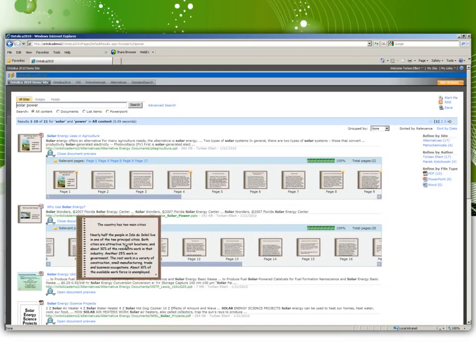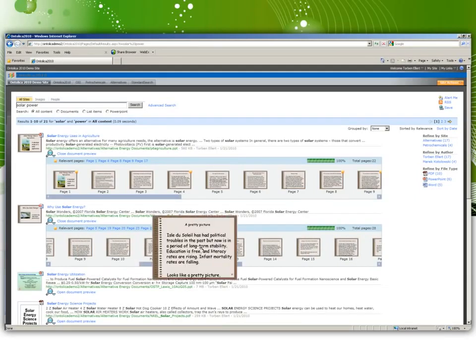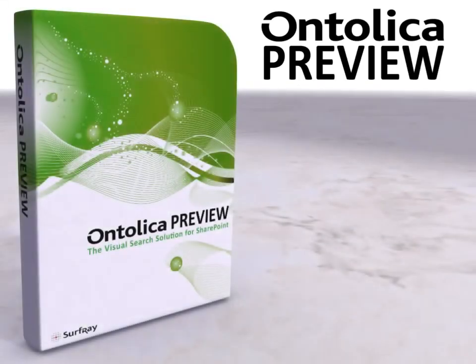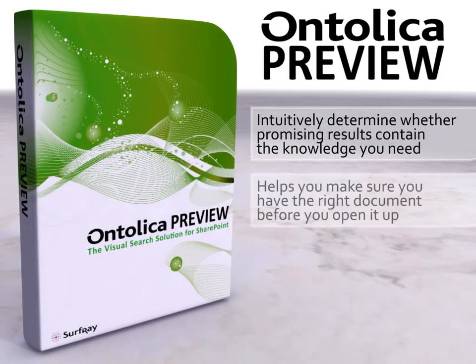And remember that Preview is a fully standalone product and can be implemented on any search page in SharePoint with or without a dedicated search solution to integrate it with. To summarize, the Ontolica Preview module delivers the ability to intuitively determine whether promising results contain the knowledge you need without leaving the search context. By making sure you have the right document before you open it up, you save time and can get straight